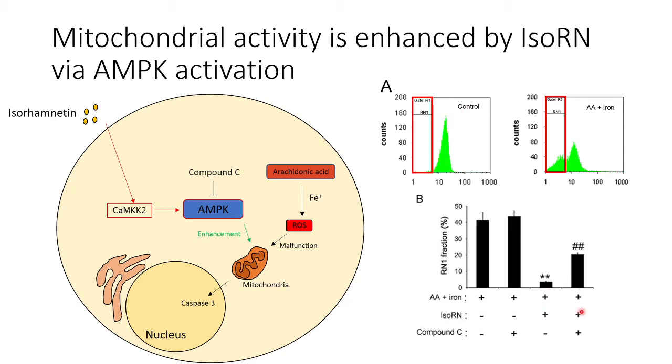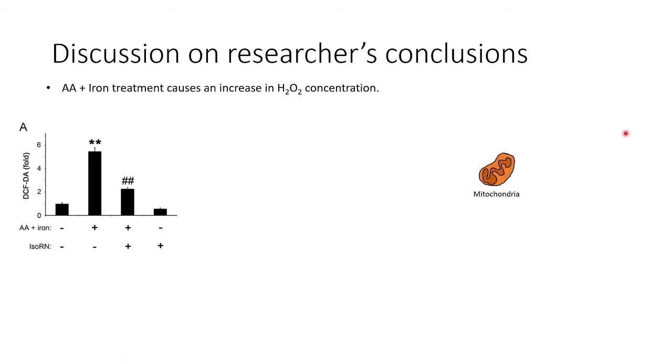mitochondrial activity, but when compound C is added, it decreased the amount of mitochondrial activity, indicative that compound C inhibits AMPK, which had been activated by Isorhamnetin, and therefore decreasing mitochondrial activity, leaving Isorhamnetin activated AMP kinase as the clear pathway of Isorhamnetin. So I would like to give a brief discussion on the researchers' conclusions as well as the